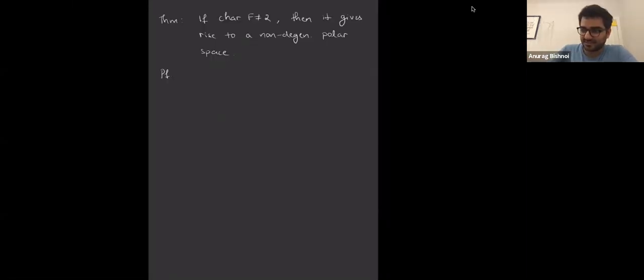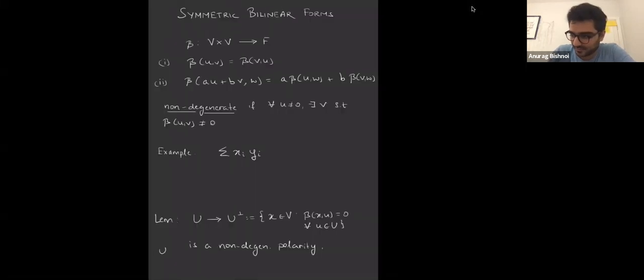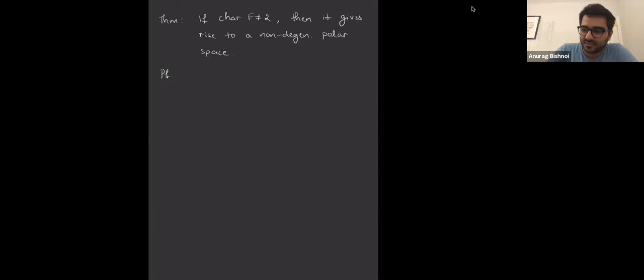In fact, as I said, this is just a polarity. It gives you a polar space, but that polar space might not be non-degenerate. So the second axiom might not be true. For that, you can just assume that the characteristic of your field is not 2. So if it's not binary, characteristic 2, then in fact, you get a non-degenerate polar space. Let's quickly check that. So for every totally isotropic point, we have this picture again,